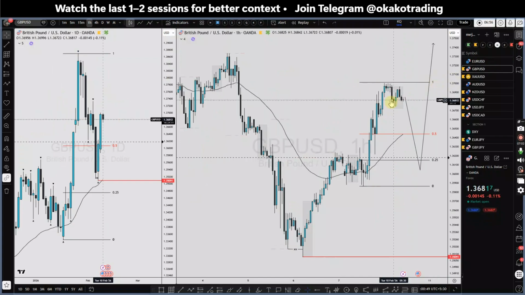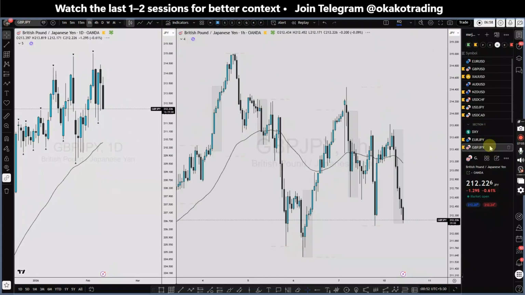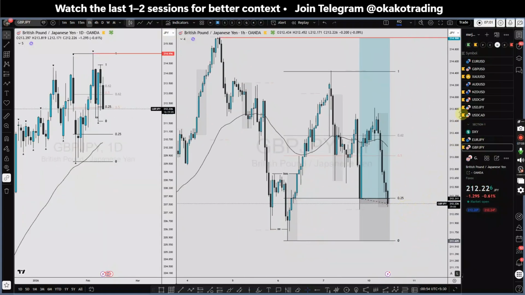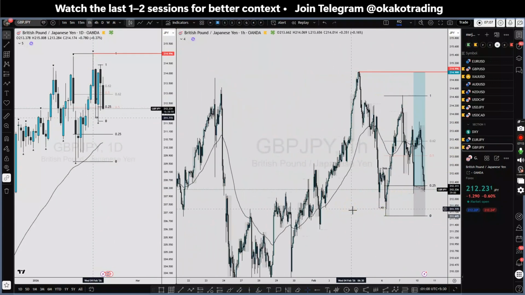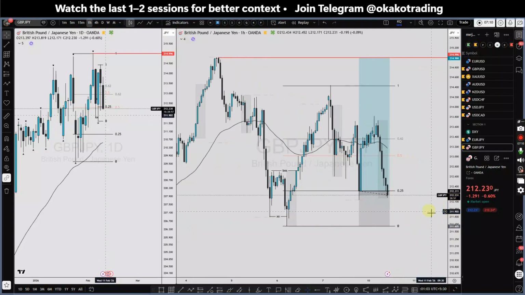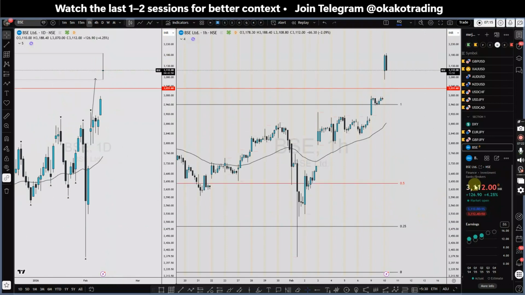GBP USD looks bullish, but there is a possibility of deeper correction. So I don't think this setup is going to play out, but I'm just going to hold this one because we have a clean setup, even though it looks like a reversal setup, and reversal setups are always low probable. But I'm actually in full R risk in this one, and I'm going to hold this one. Let's see how it unfolds.